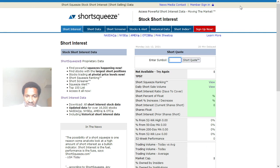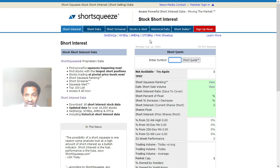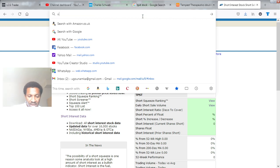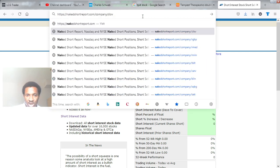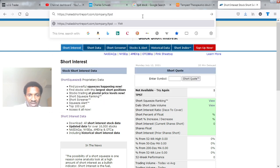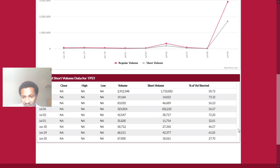TPST. We don't have any figure there. Okay, that ticker is still not available yet. I think that's the reason behind that. But for sure there has to be some sort of short selling that has occurred, or a short squeeze that is now following it at the moment. So let's see what we can get from the Nikkei short report, if this ticker is still a valid one there as well. TPST, okay, it's a valid one. Yes, we have a figure of